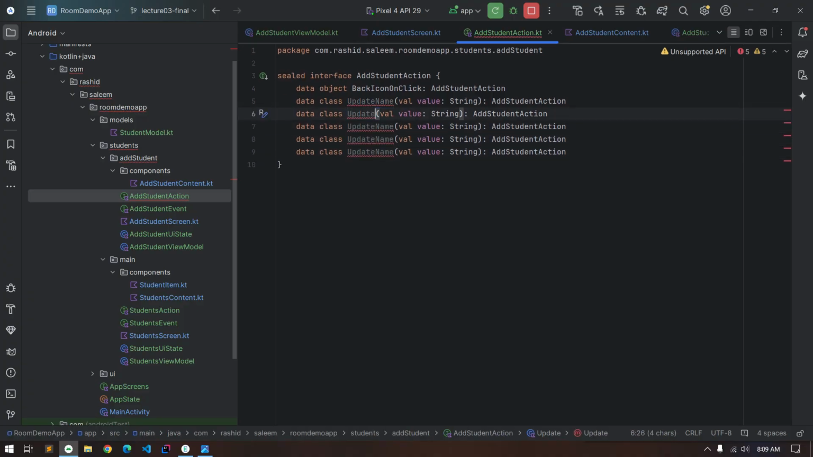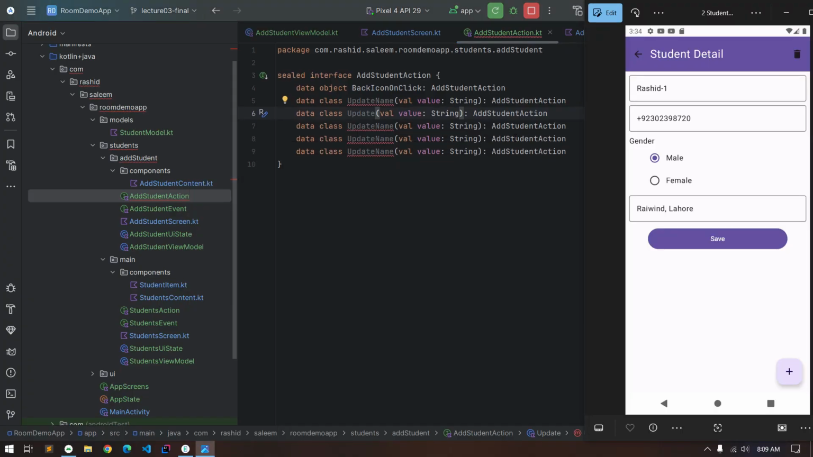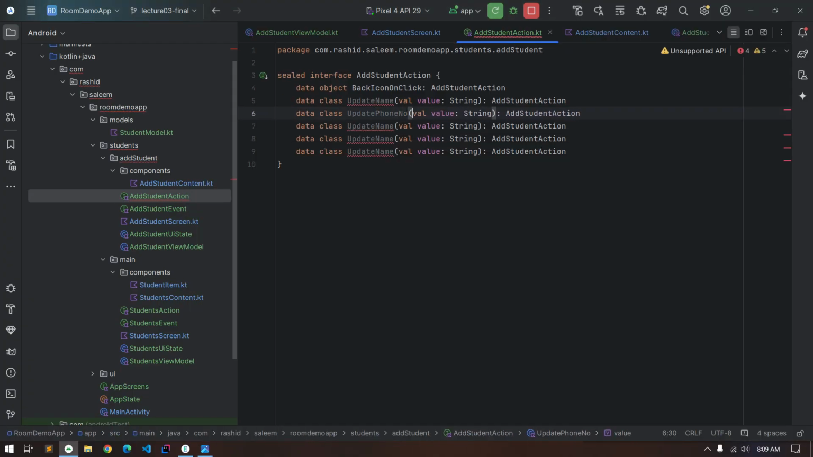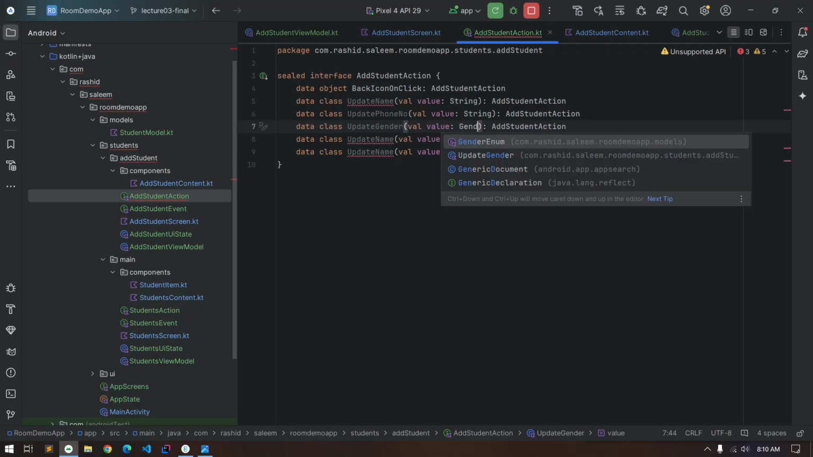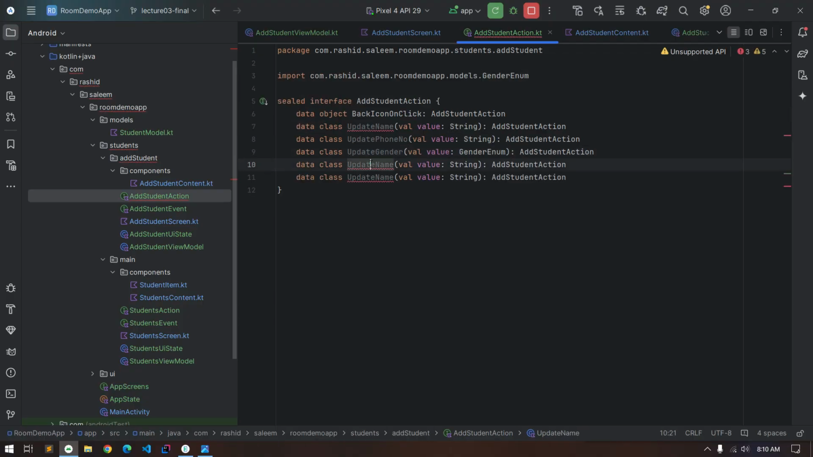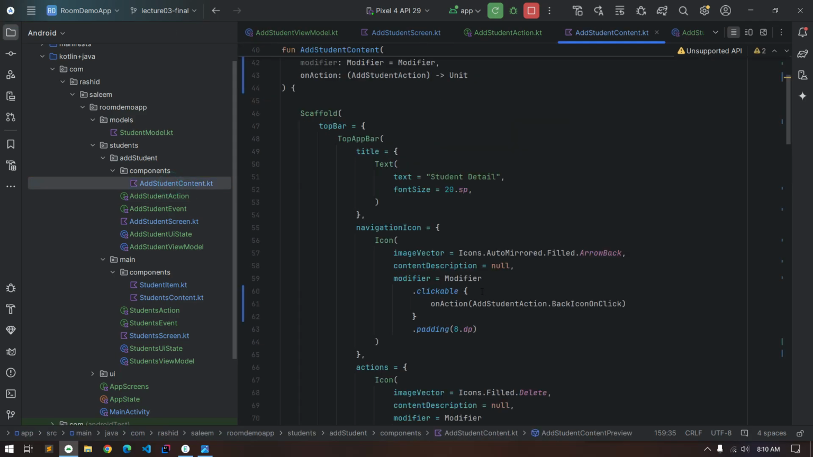And here we will create a data class named update phone number, which will be a string, and update gender, which has a gender enum value, and the last one is update address, which will be a string. And now we need to pass this action from our UI. So in our add student content,